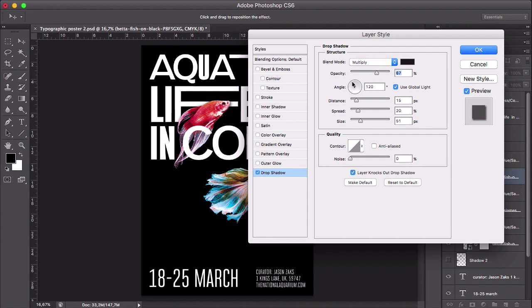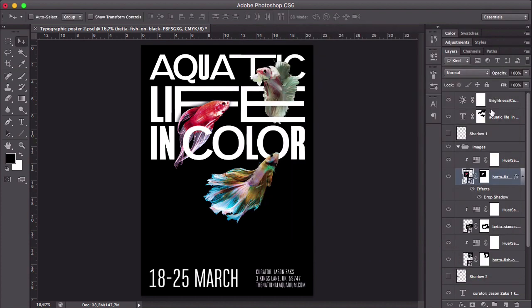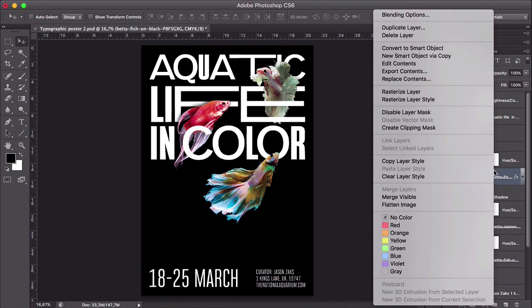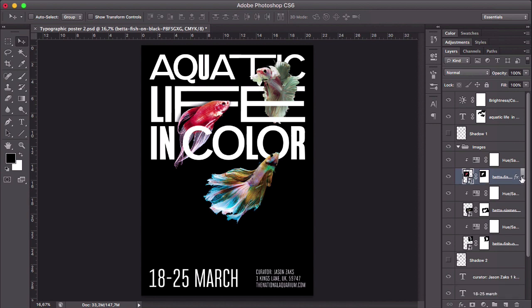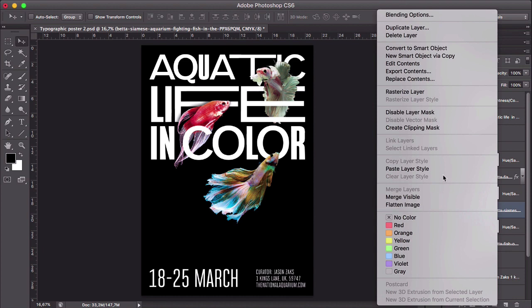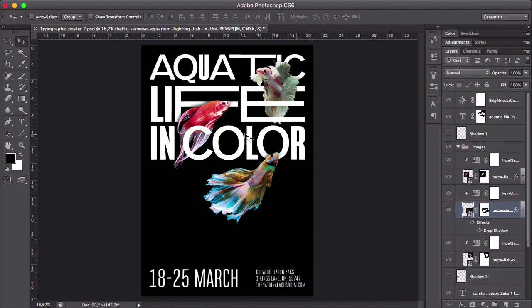Here we can choose where the light is coming from, so I think I would like it to come from this way. And click OK. Now we can copy the style of this layer and paste it onto the other two images. So right click on the layer that we just worked on, select Copy Layer Style. I will collapse this, and then I will select one of the other layers, paste layer style, and we can